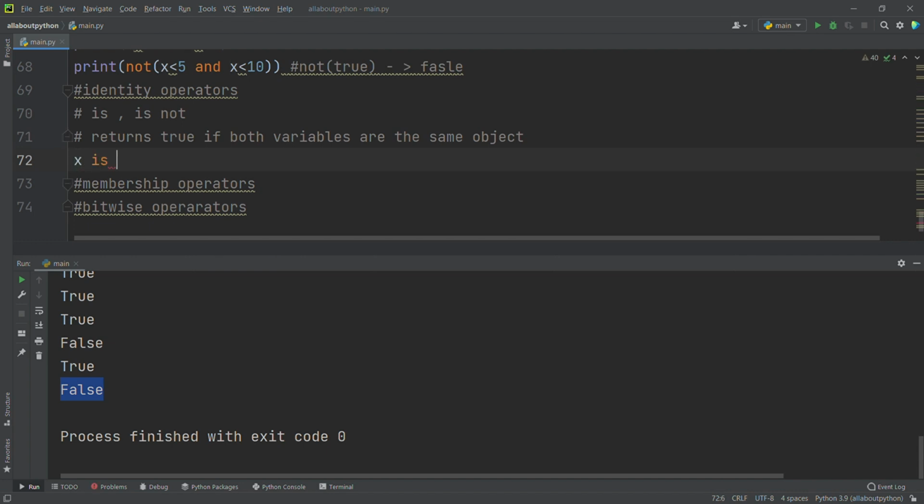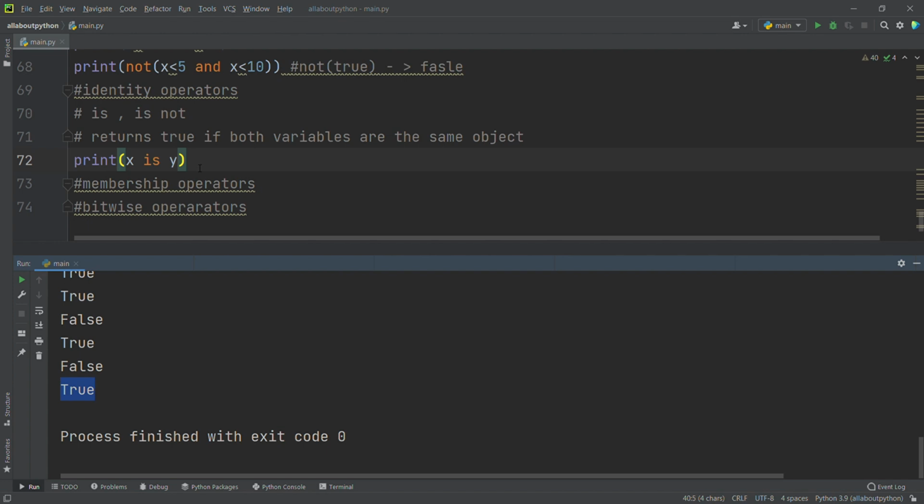I will give it inside a print statement: print of x is y. Okay, so it's printing true. Why is it printing true? Is x is y or not? Here in x we have 4 and in y we have 4, so it's printing true.